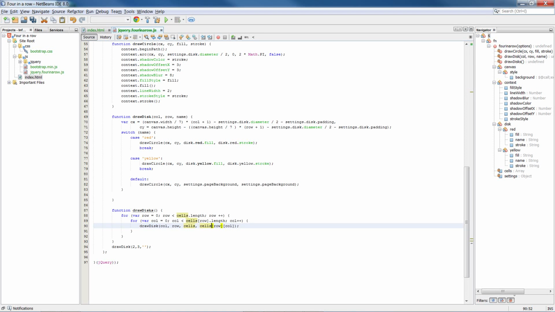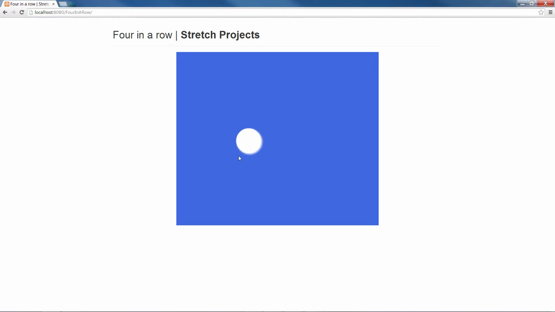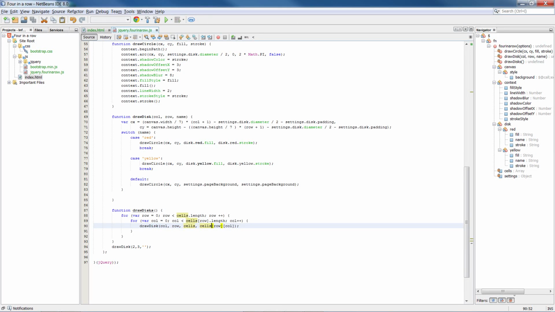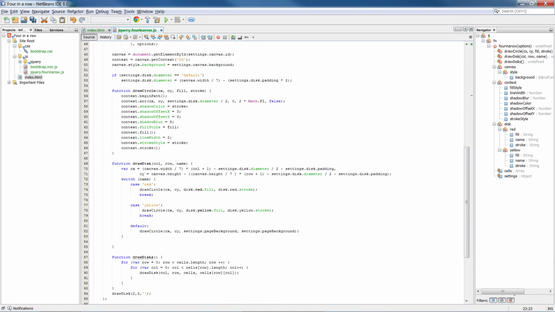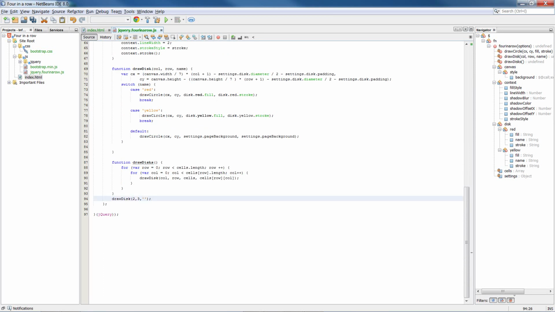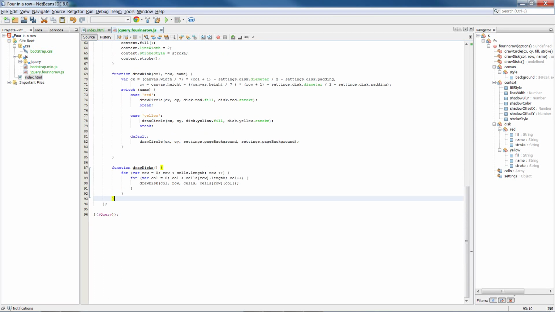What we're going to do is, as the player clicks to add their guess or their selection to each column, we're going to store the name of the player in that cell. So we'll be able to pull that back out of the actual disks array. So if we just call this now,